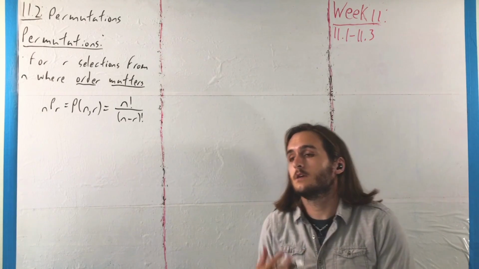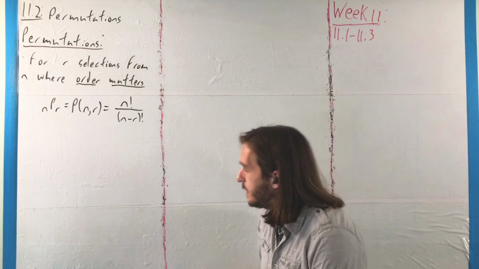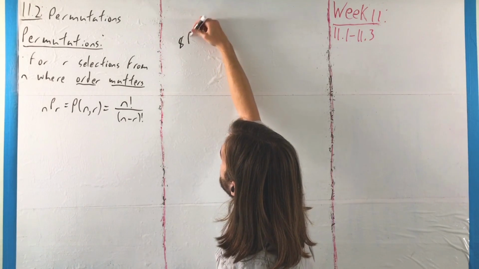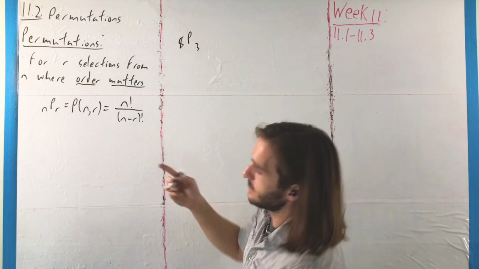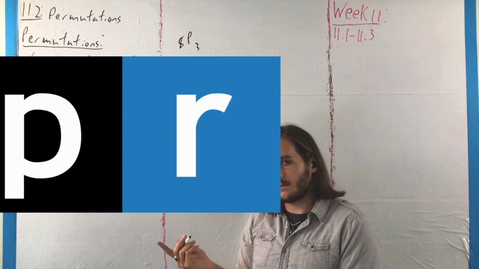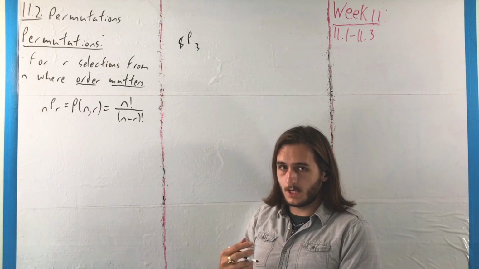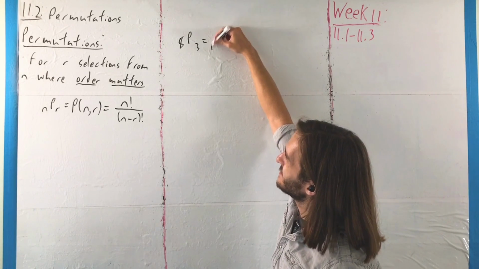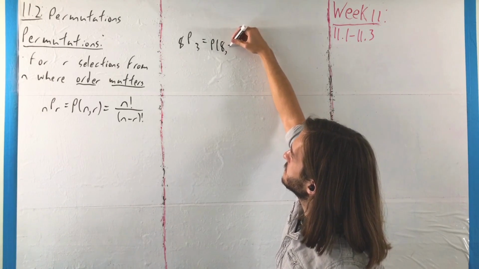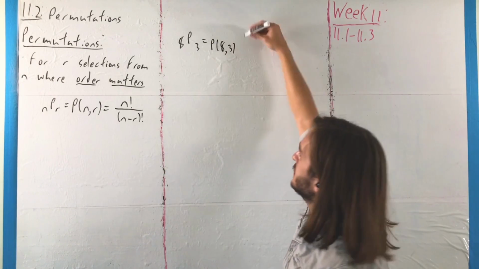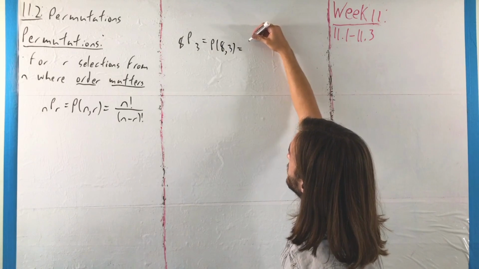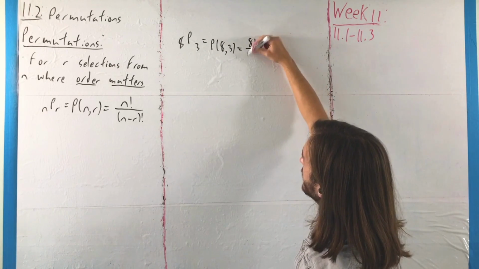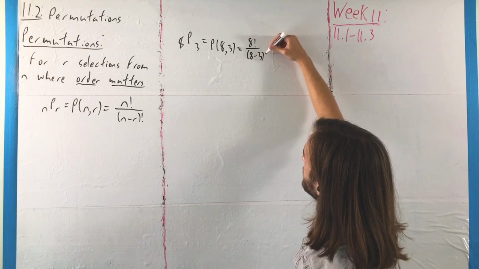Order mattered in that race, so we could think of what we did there as something like, to use this notation, either 8P3, that nPr notation, not meaning National Public Radio, but permutation, or a different notation that this book doesn't use quite as much, but that I like a little bit better, P(8,3). In either case, what we would have there is n factorial divided by n minus r factorial, so 8 factorial over 8 minus 3 factorial,